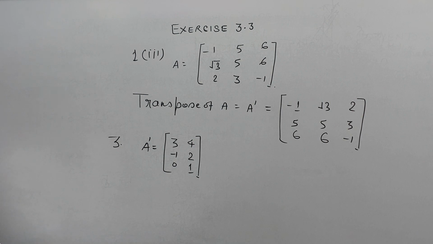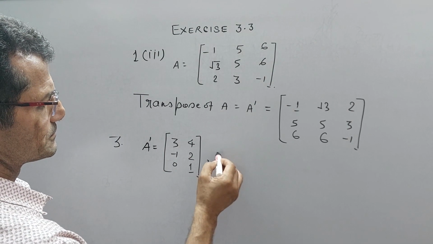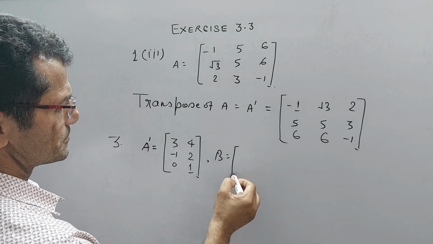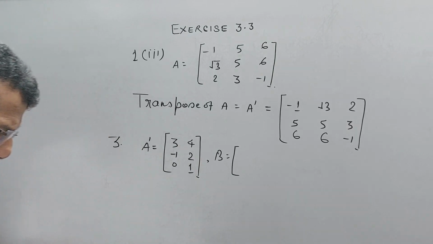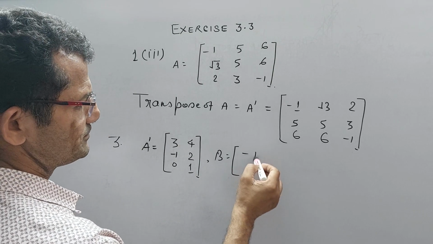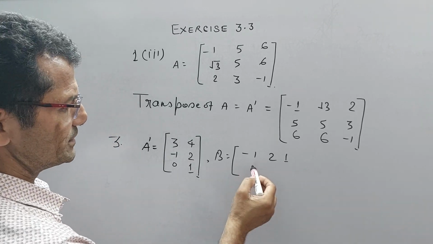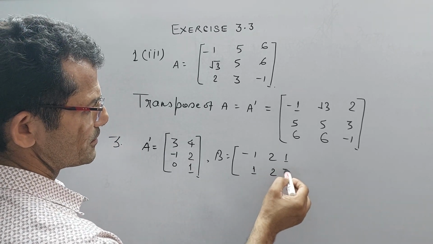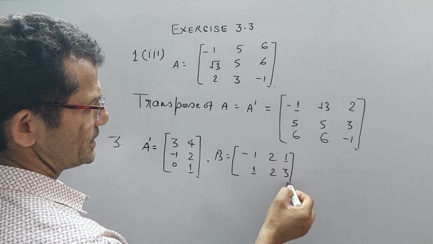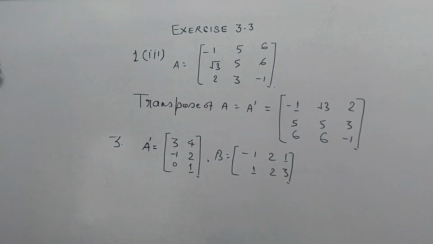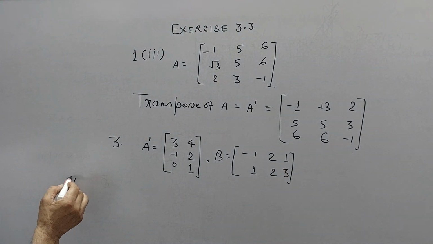The second matrix is given as minus 1, 2, 1 in the first row, and 1, 2, 3 in the second row. In this question, we first have to find